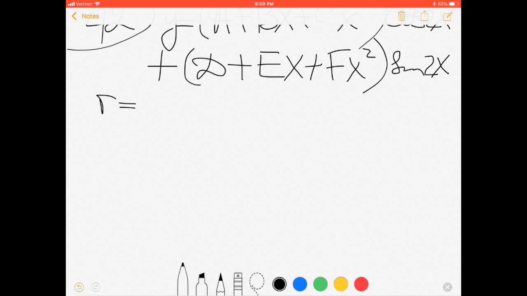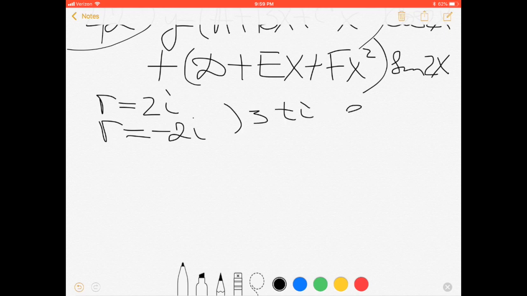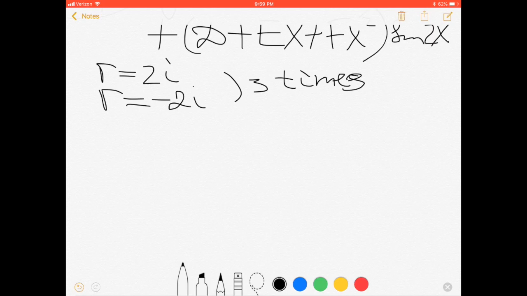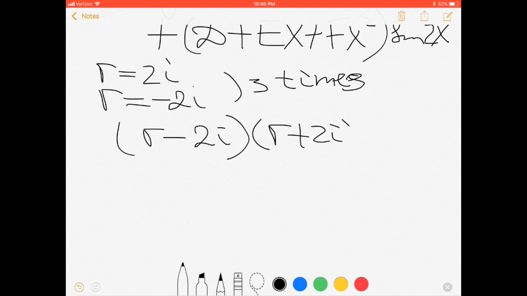This means you have roots r equals 2i and r equals negative 2i, each 3 times. So (r minus 2i) times (r plus 2i), and because it's 3 times, you have a cube here,